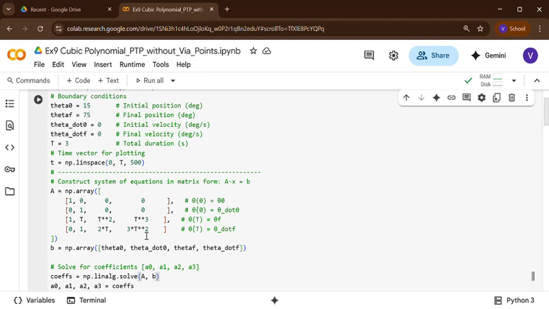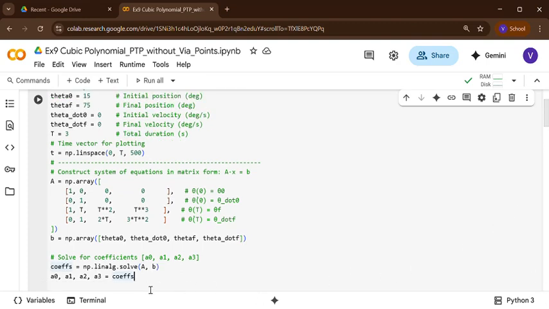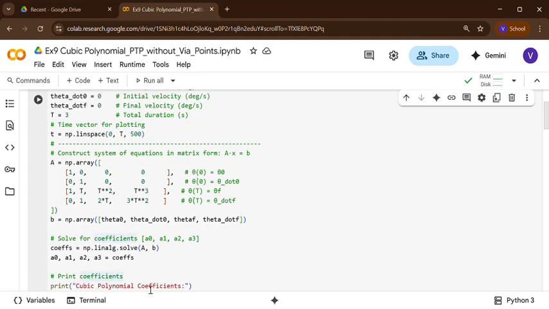Okay, so first you have to define the matrix. Already I have explained it with the equation. Then in this I'm going to assign b as theta first value, theta dot second value, theta f third value, and theta dot f fourth value. Okay, so you just have to give this line, a comma b, and automatically it will find the solution for theta naught, theta dot naught, theta f and theta dot f. Then we assign those values in this order because we have defined the equation in that order only. So a0, a1, a2, a3. As a result, at the end of this, it will have the values a0, a1, a2, a3. Okay, that's all. We have defined everything.